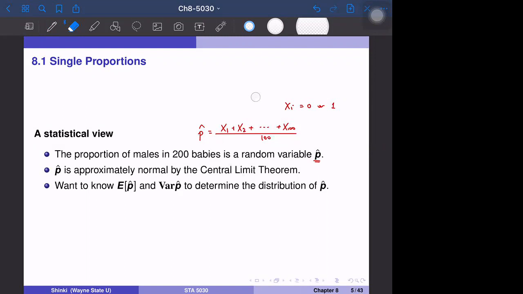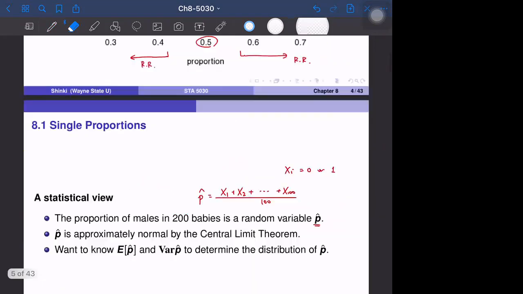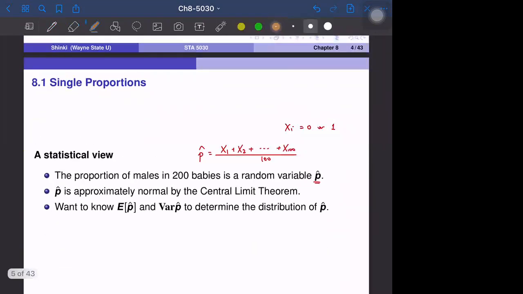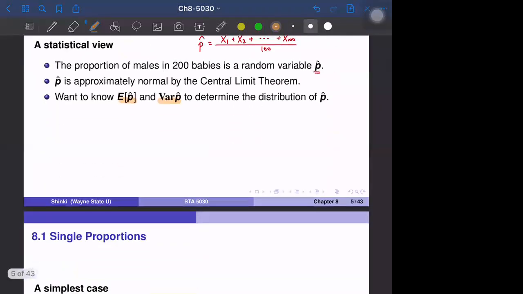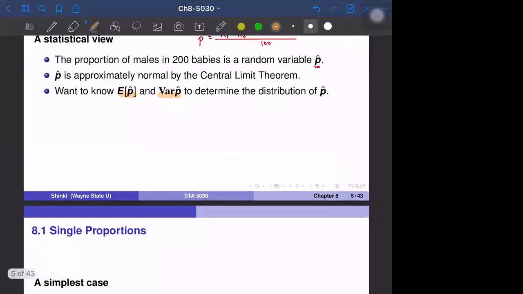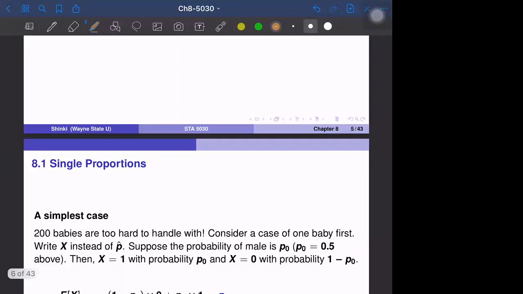To see the distribution of p hat, we have simulated it, but this becomes normal, and the expectation and the variance we can also calculate. If we know this information, then we can derive the distribution of p hat statistically, so we don't really have to do simulation every time. For complicated tests, we actually simulate the tests, and that is a common procedure. But for this kind of simpler situation, the statistical theory works better.